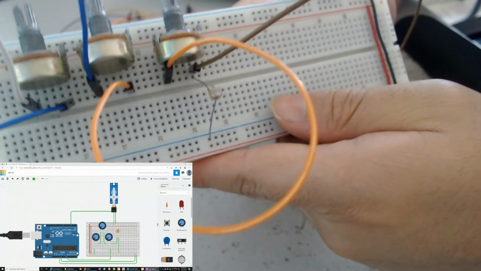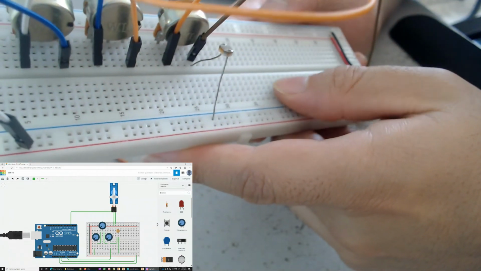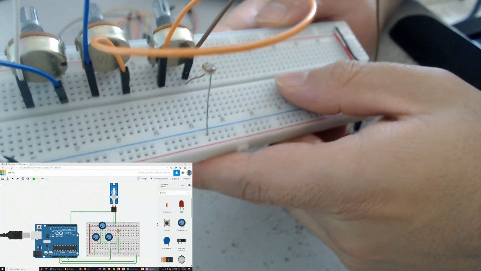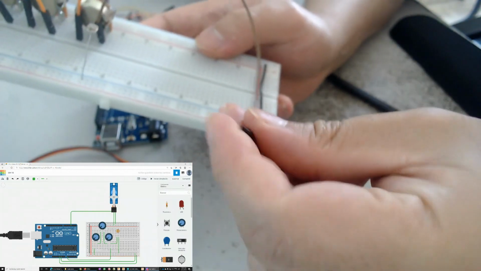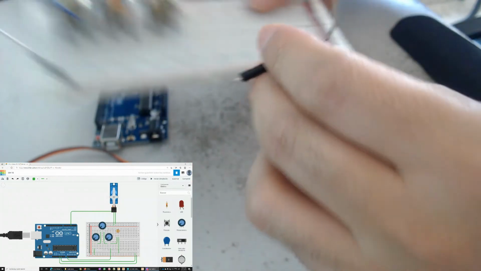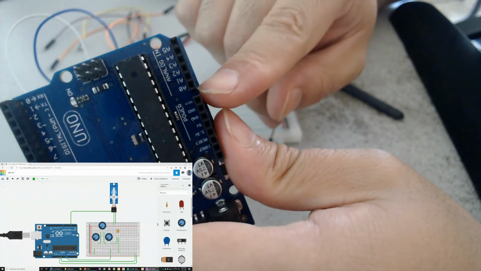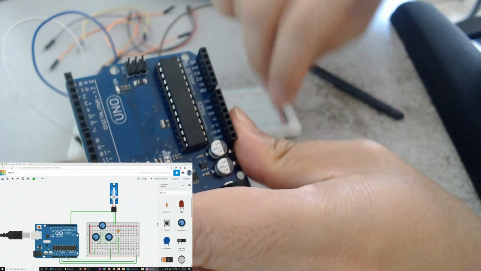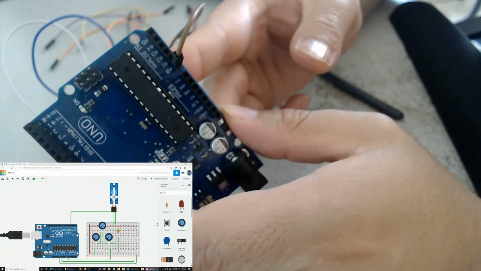So this brown connector goes to the connection of the last potentiometer and the photoresistance. So the second end of my connector goes to A0. This is A0. So I put the brown connector here,